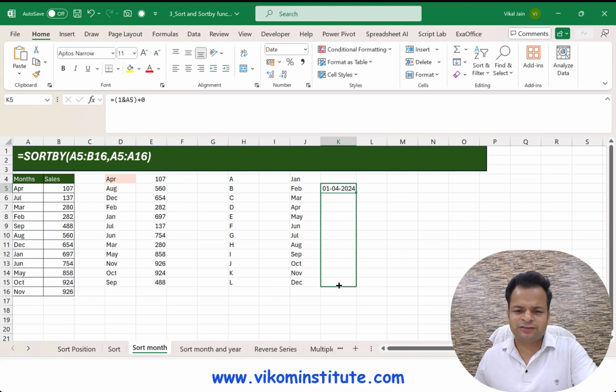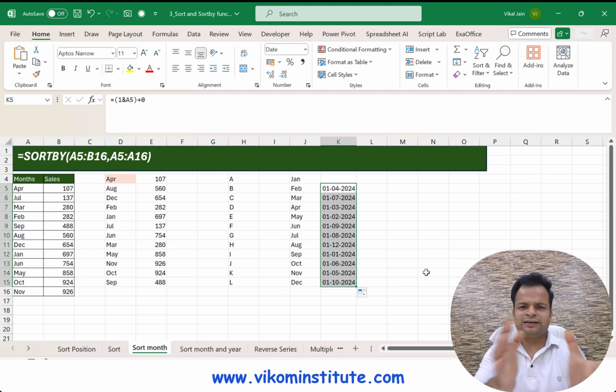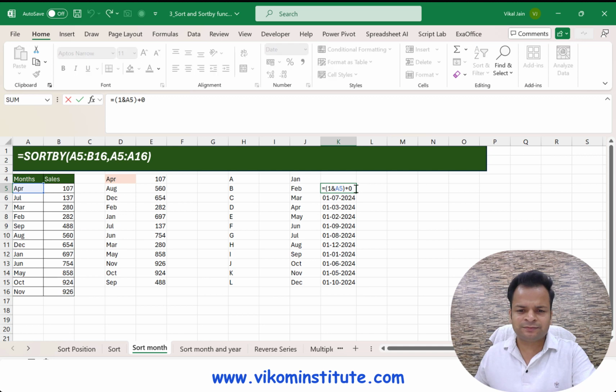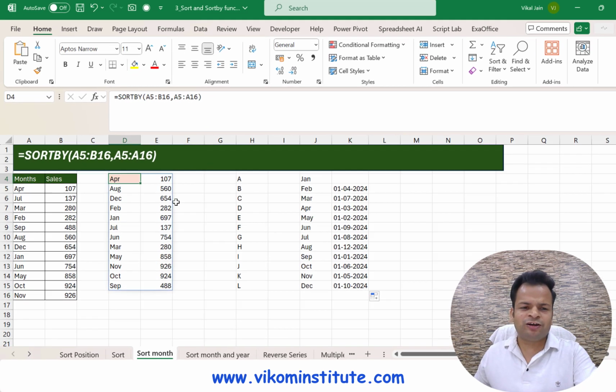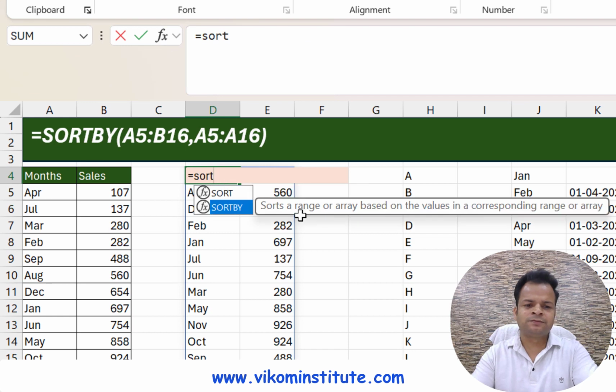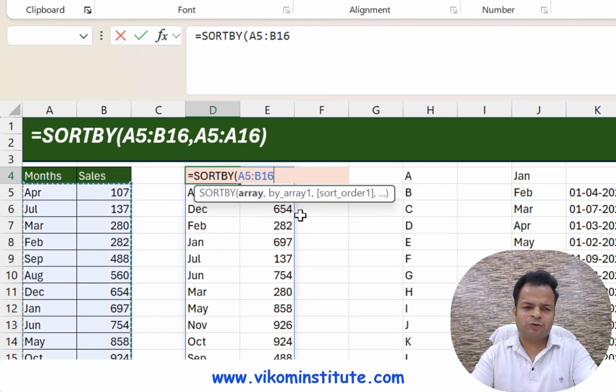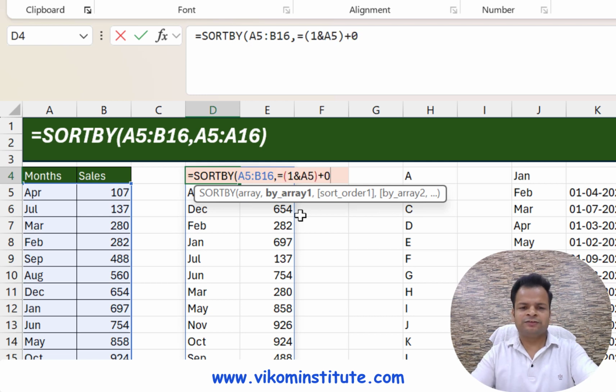Now if I simply sort this or drag and drop, you will see all the months are becoming a start date. Now I need to use this technique in my sort by function. If you sort this data, it is going to sort your lowest date first, meaning your earlier date, that would be 1st January, and the second would be 1st February. So I'm going to use this technique. Let's copy this, and here I'm going to cheat over here. I'm going to use sort by, and array means your data, so I'm ignoring the header this time, comma, and pasting here. I don't need this bracket sign, so I am removing it.